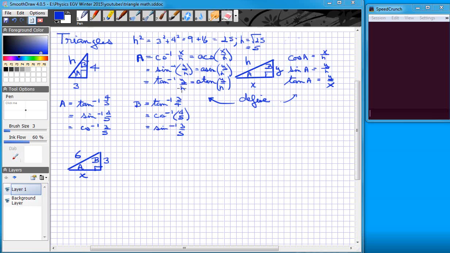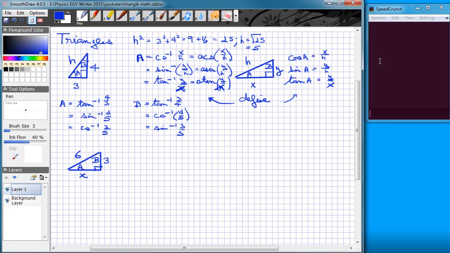That's a typo there. That should be an x. Y over x, in other words, the opposite over the adjacent. A tan of y over x. And so those are by definition. And except for special angles, if you don't know what those special angles are, we'll always use a calculator to find the angles here for either a tangent or an arctangent,